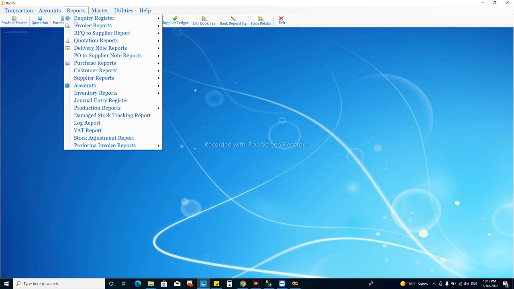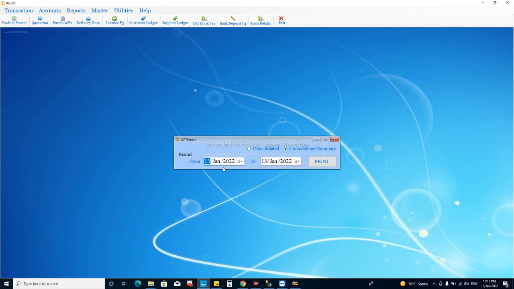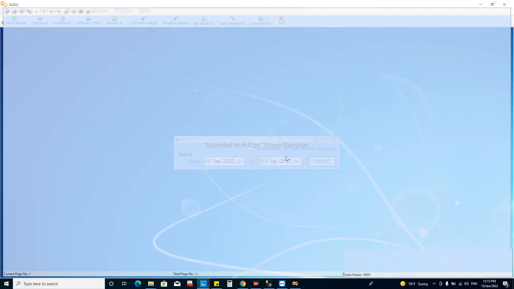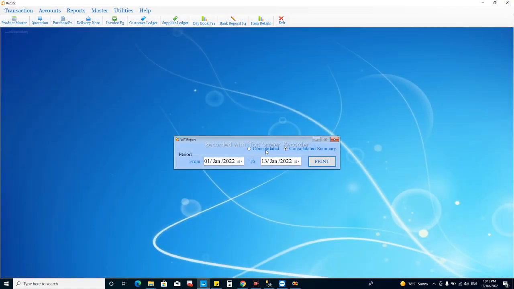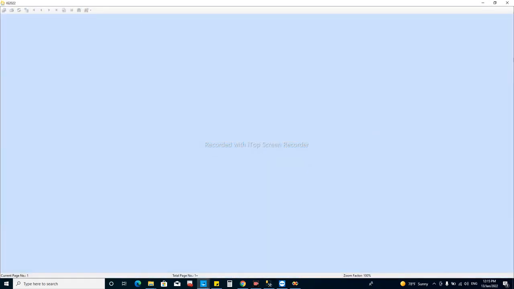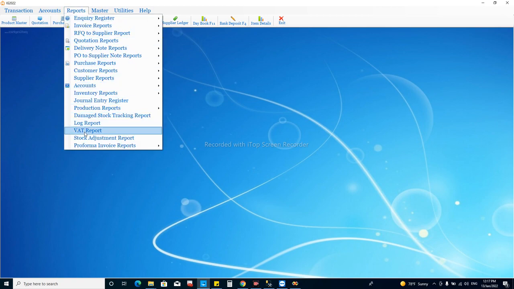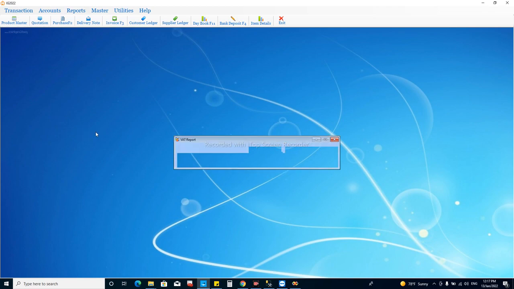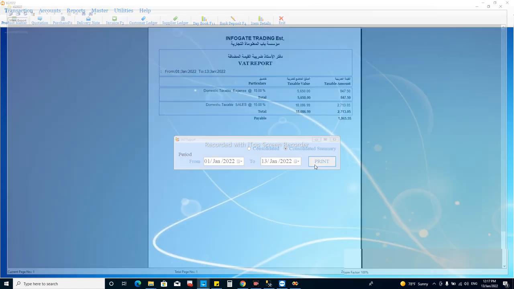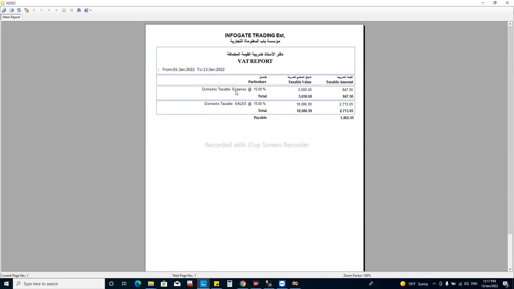Also, in the report section, in the VAT report, when we check the VAT report for the quarter of any year, let me check that. Now let's see how the VAT report is affected by the expense entry. When we go to the VAT report, the consolidated summary will show you the summary of entries for the quarter. When we select the quarter and print it, it will show the expenses over here.